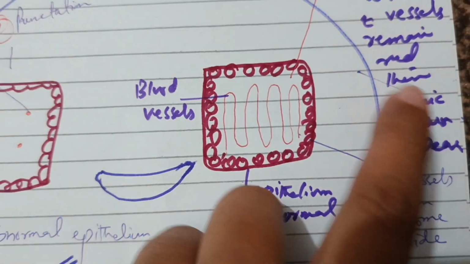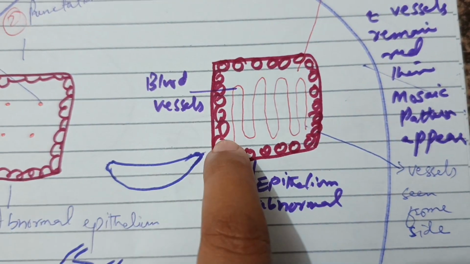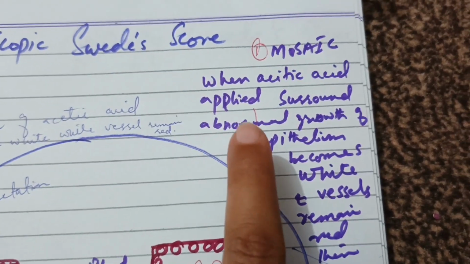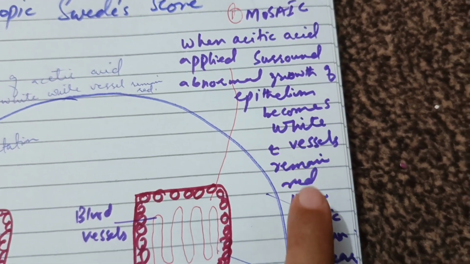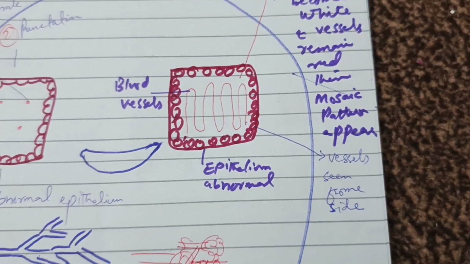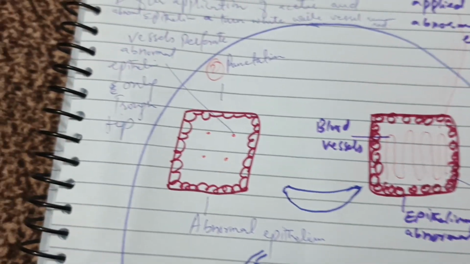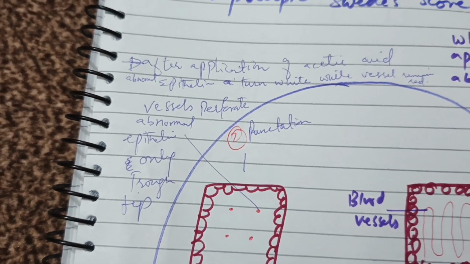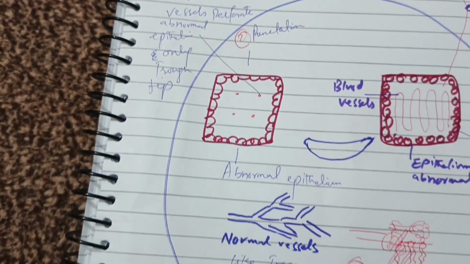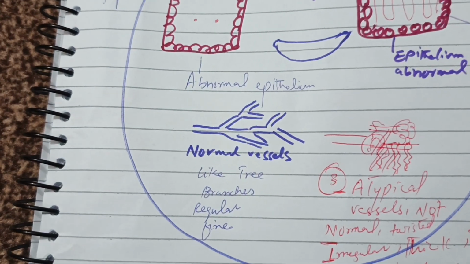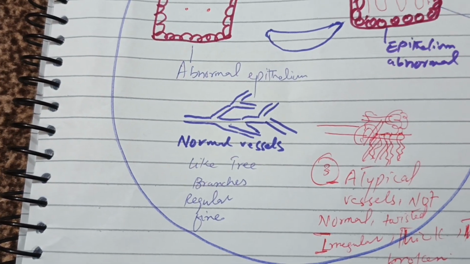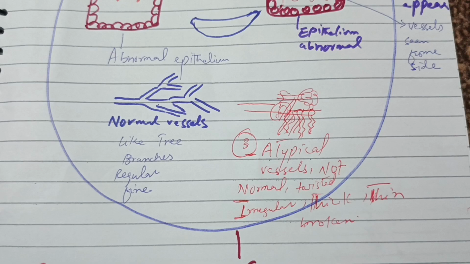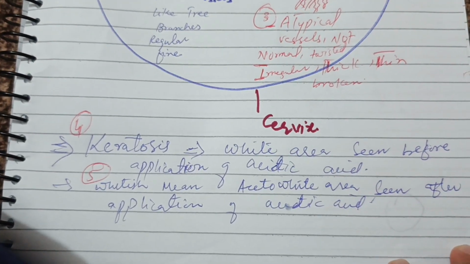Now, let me tell you the sequence of colposcopy when we start doing colposcopy. First of all, we will see the cervix, and if a whitish appearance occurs, then this is keratosis. It may be benign or malignant, but is confirmed on biopsy. Then we will turn on the green filter and see atypical vessels. Then we will apply acetic acid and see other structures like mosaic appearance, punctations, and aceto-white epithelium. This is the sequence of colposcopy.